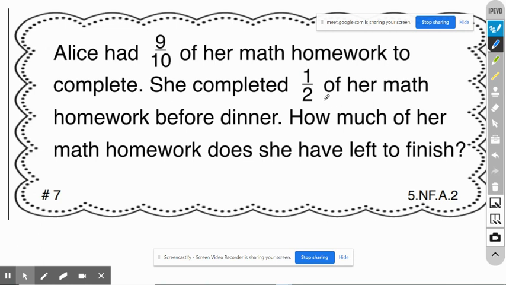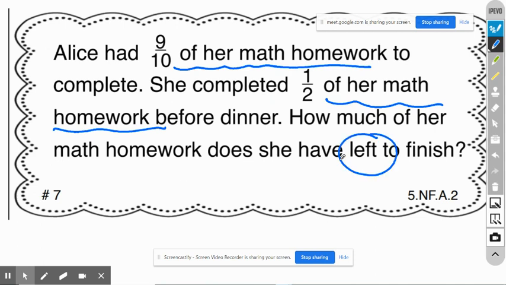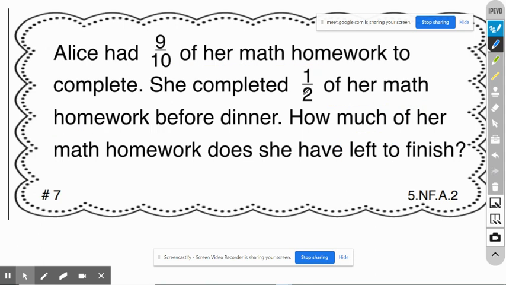We are trying to figure out the wording because I said 9/10 of her math homework, and here is the same, her math homework. We are going with subtraction, and also because it asks what is left. What I'm saying is, what would be different here if they actually wanted me to multiply instead? They would not say 1/2 of her math homework. They would say 1/2 of,